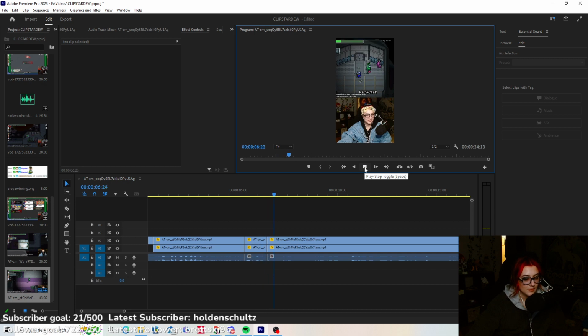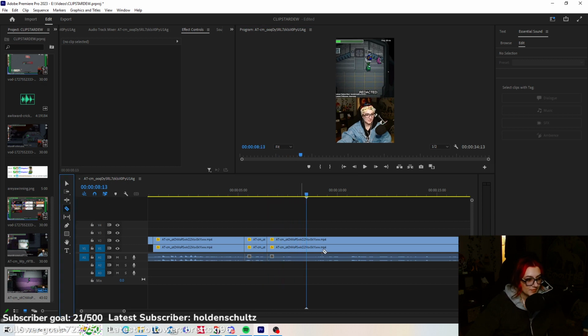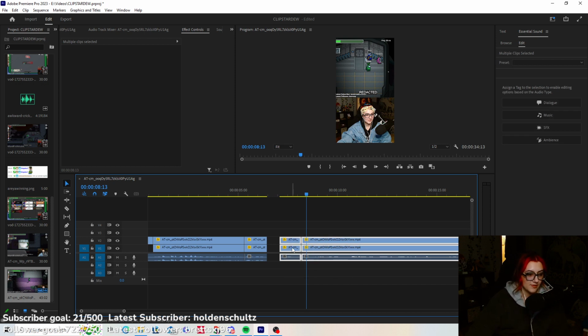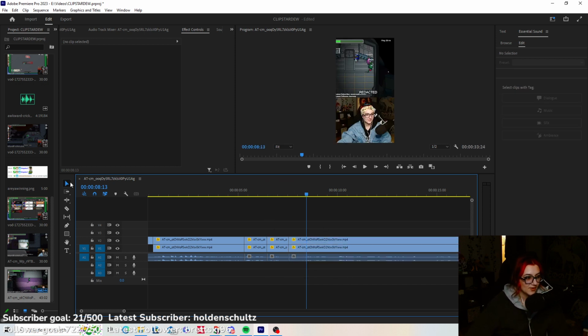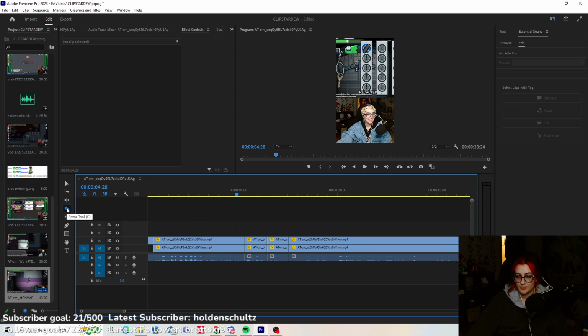We're all just gathered. Bro, get out. And then "Bro, get out." I'm going to grab that. I'll probably zoom in on him there. Sorry if I'm zooming through this too fast. So this is the selection tool, and that's what you can use to grab things in here. This is the razor tool, and that's what I'm using to cut things and clip things up, because there's certain audio here that I'm cutting out, like from here to here. I cut out a bunch of that, and then you can just delete it. So you just use the selection tool and delete it. So this is just cutting up your clip to really compress it down to the most important parts.